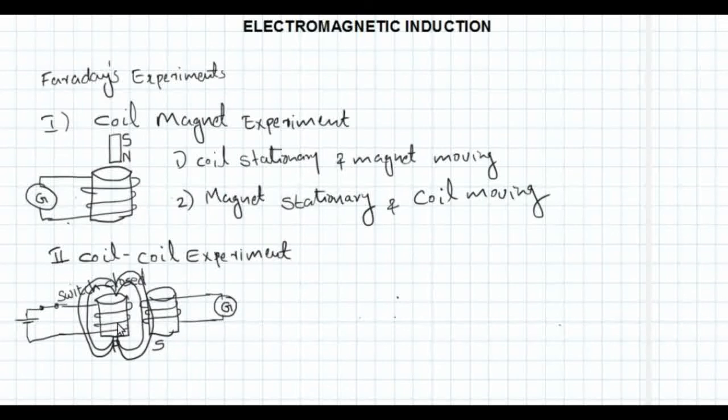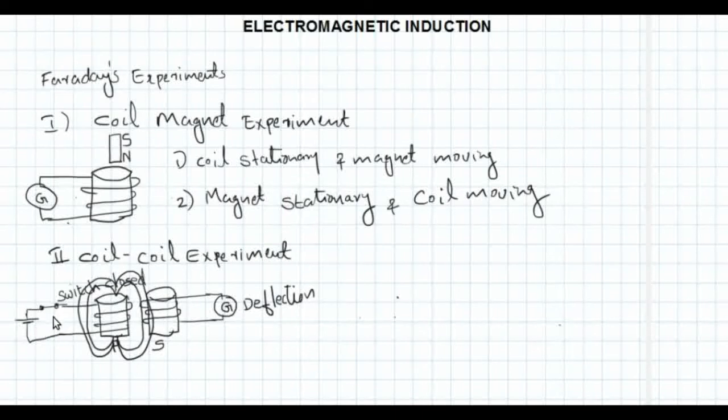and secondary are placed very close to each other. This kind of induced current will not be produced if primary and secondary are not placed close to each other. So if primary and secondary are very close to each other, then the magnetic flux produced around the primary will be linked to the secondary, and this flux gradually grows, right?